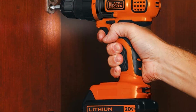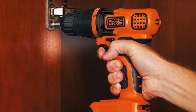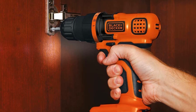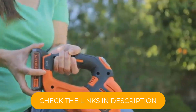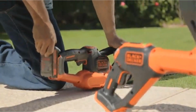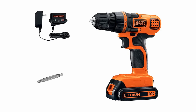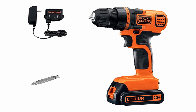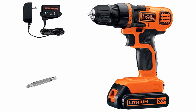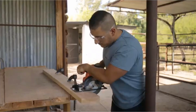It's lightweight and easy to handle, making it the perfect option for beginners or entry-level DIYers, and it is very convenient and user-friendly. However, it is severely deficient in drilling or driving power and pales compared to the top-tier products. We were thoroughly unimpressed with its performance when using larger hole saws or driving in big bolts. We aren't sure we would recommend using this device for these types of tasks if you want to prolong its